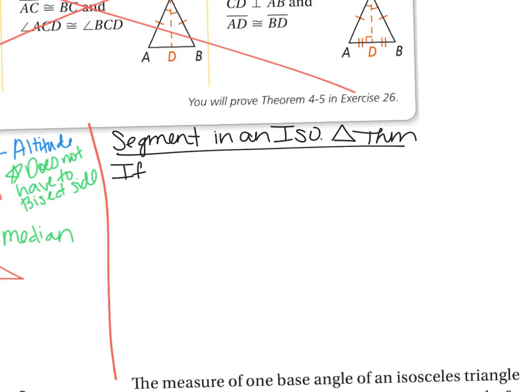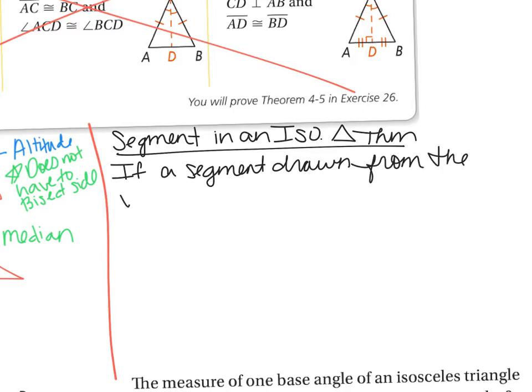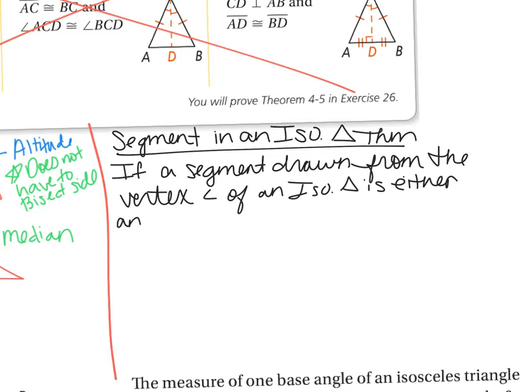So if a segment drawn from the vertex angle of an isosceles triangle is either an altitude, median, angle bisector, or perpendicular bisector,